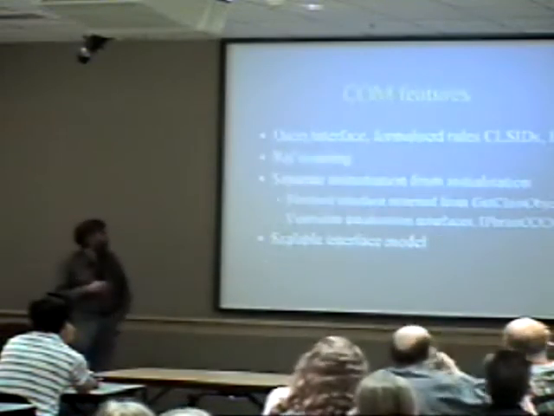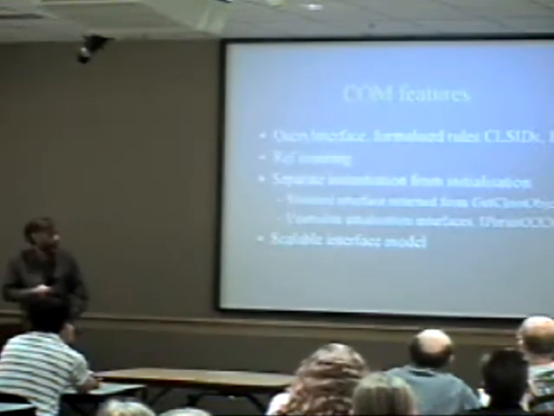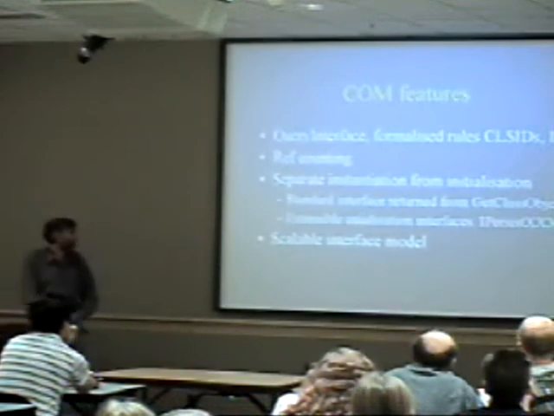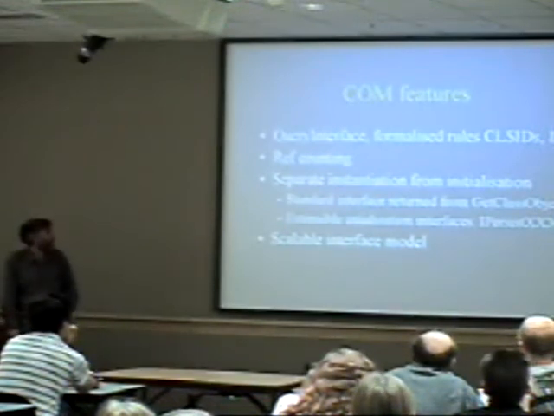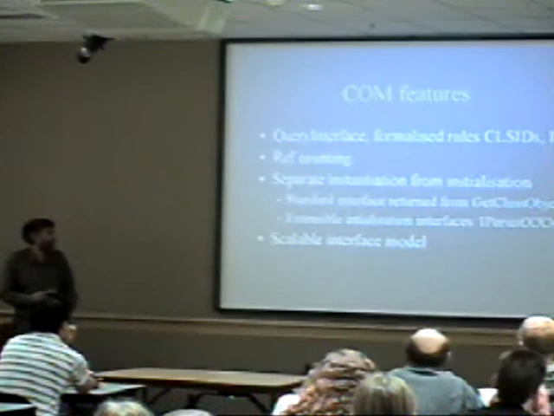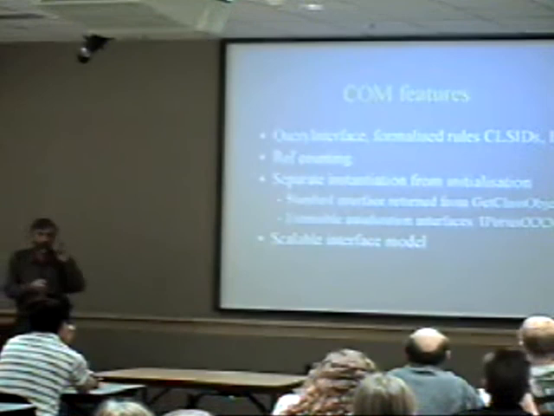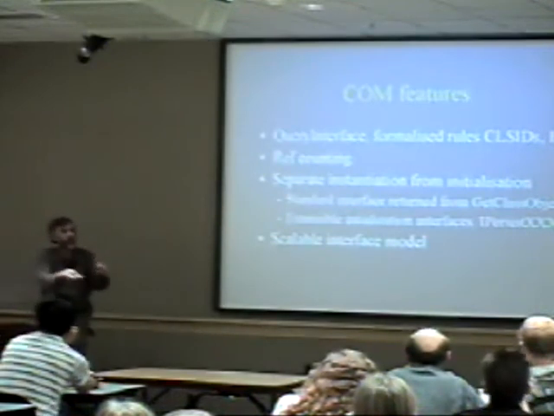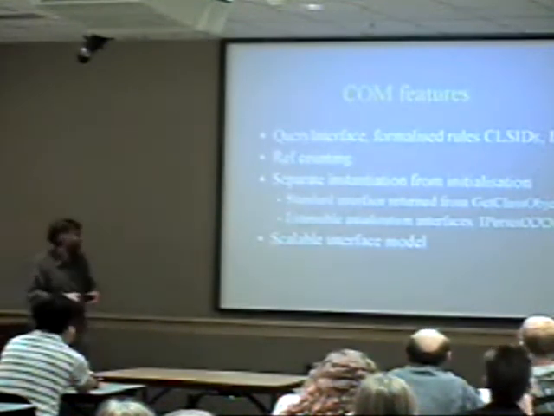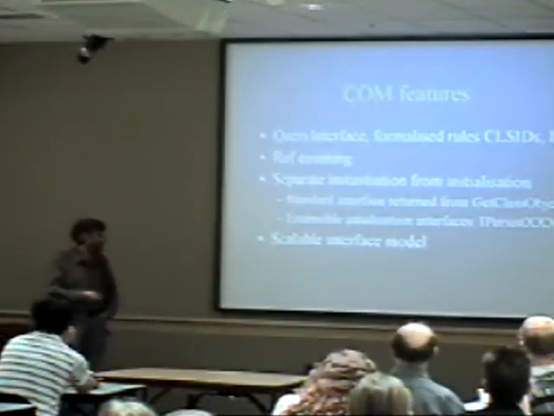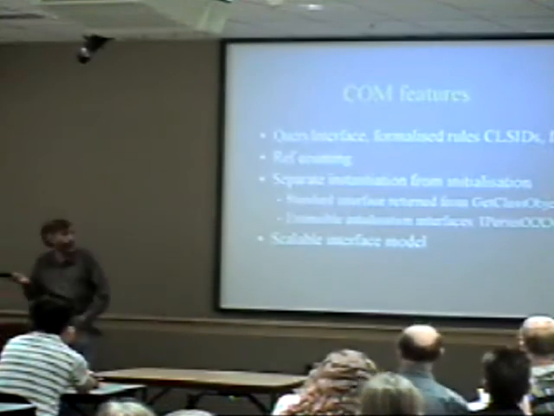So this is what we came up with. Query interface with some formalized rules about what it should do that we didn't have before. So you get transitivity and all that sort of thing. Reference counting. We separated the instantiation step for the object from its initialization. It's unclear exactly how valuable this is, but the main reason we did it was to get this extensible set of initialization interfaces. So you have a standard way to bind to the code, and then a customized way to talk to the thing to initialize it. And again, this scalable interface model that we first thought about in OA1 is used in spades in COM. I have no idea how far I am through the slides.